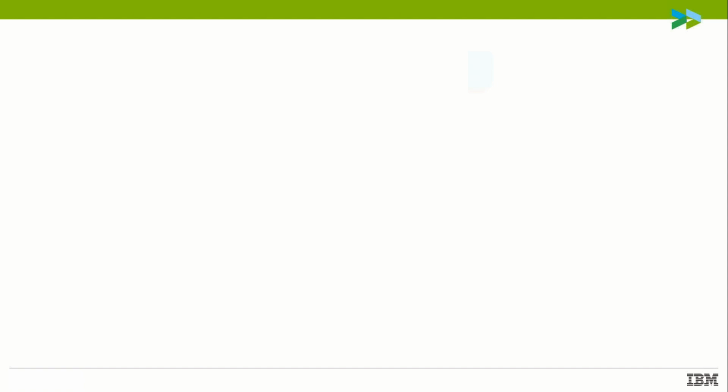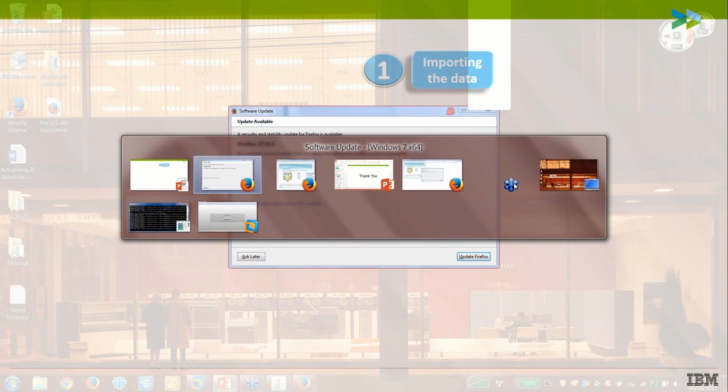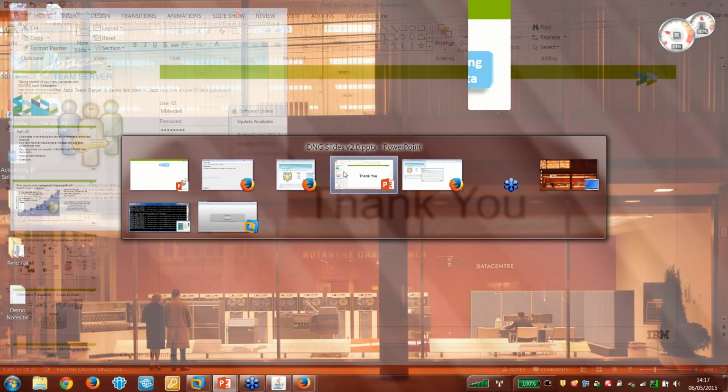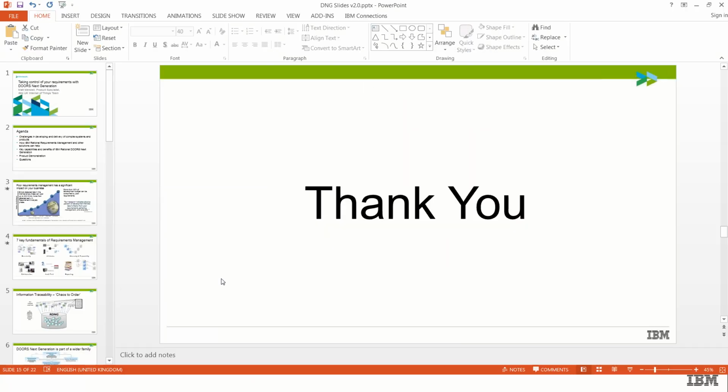Okay, so with that, I'm going to move on to the tool itself. And I'm going to show this to you in a number of different stages. So first of all, when we start up a project for the first time, of course, the first thing we're going to want to do is to populate the project with data. So we're going to start by importing some of our data. So if I come into the tool,